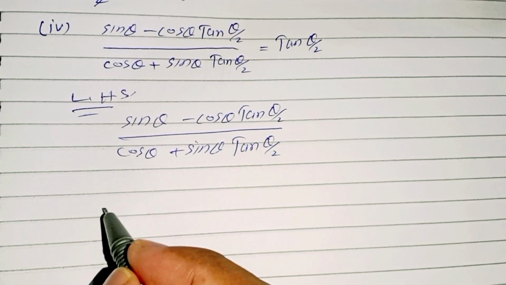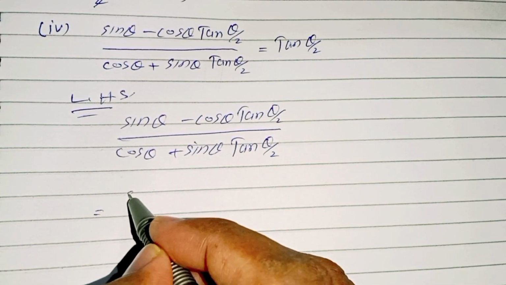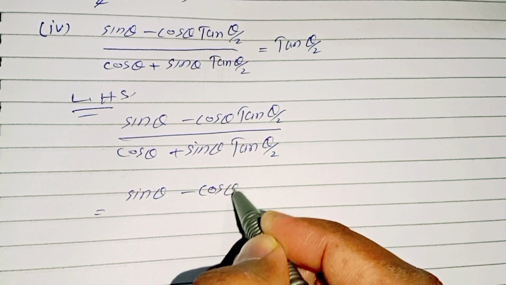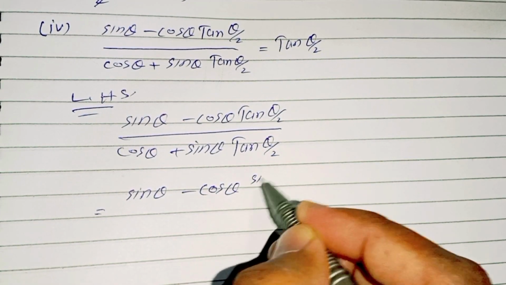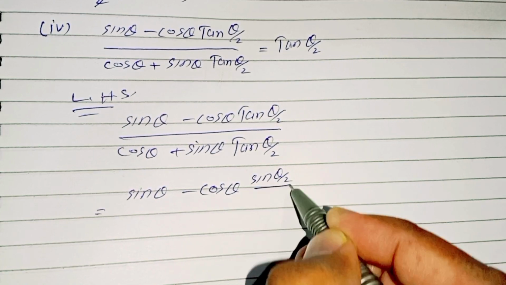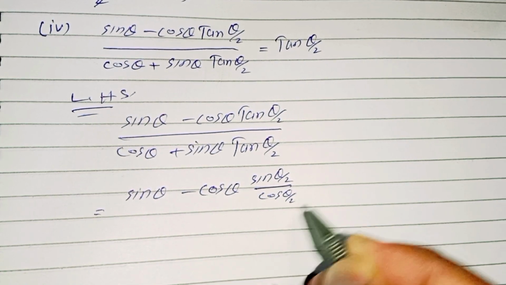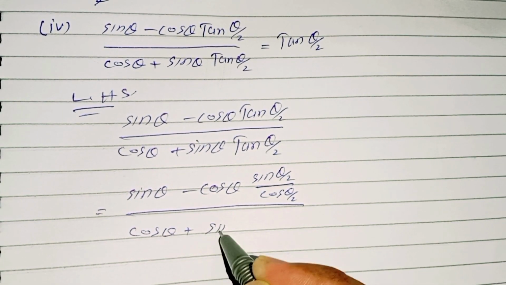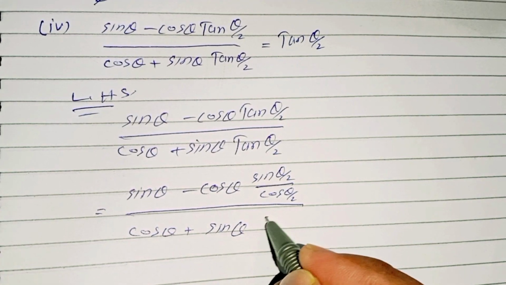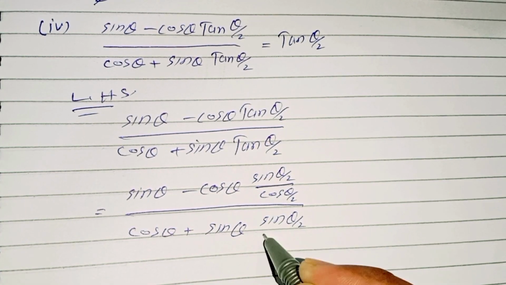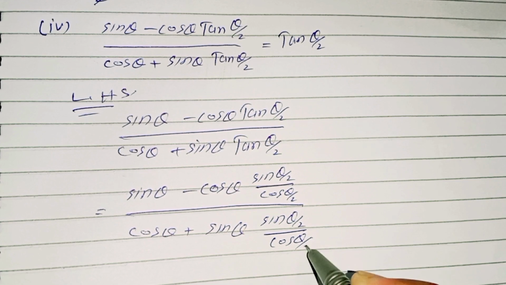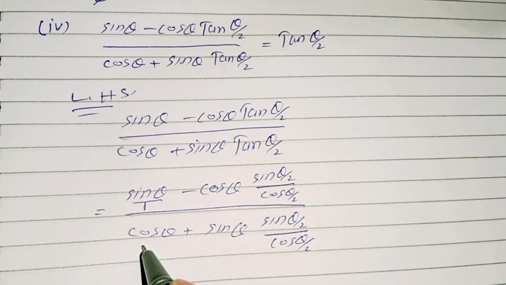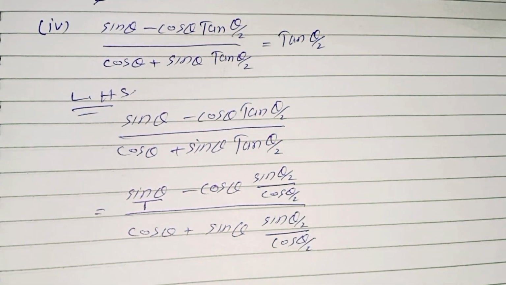We know that tan theta is equal to sin theta over cos theta, so we can write it as sin theta over cos theta, and tan theta by 2 becomes sin theta by 2 over cos theta by 2. Similarly, in the denominator, cos theta plus sin theta and tan theta by 2 can be written as sin theta by 2 over cos theta by 2. The denominator of sin theta is 1, and the LCM of 1 and cos theta by 2,